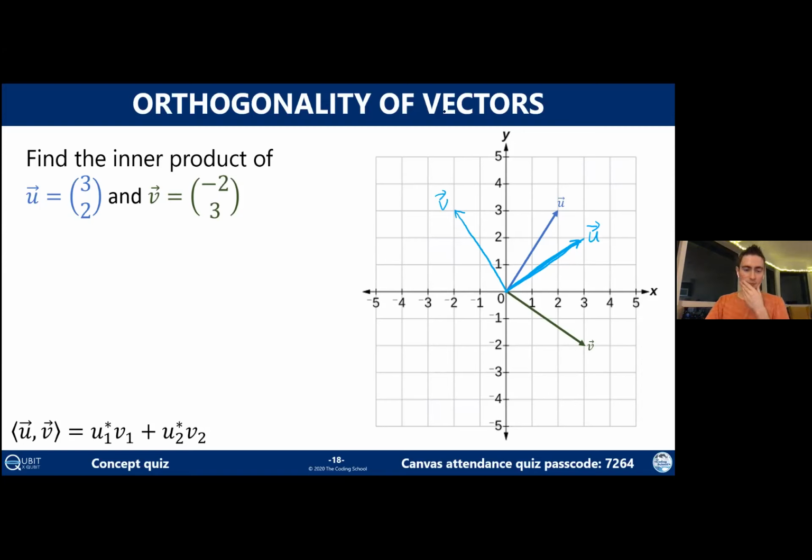All right, so as the last couple of people are filling in the survey, it seems like most people are getting this one. I'm just going to quickly go through what the math looks like then. We use the angle brackets to denote inner product. And then we use the formula down here. So again, we don't have any complex numbers, so we can ignore the little conjugate that's normally on the u's. And then we'll take the first row, product of those two, plus the second row, product of those two. And we'll find that this is -6 plus 6, which is 0.